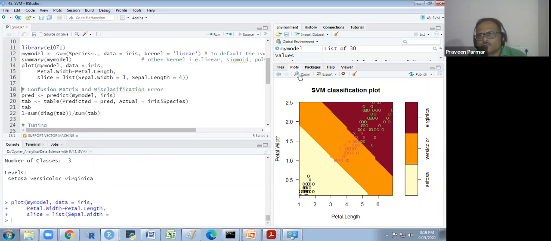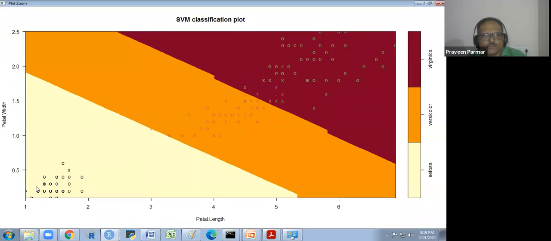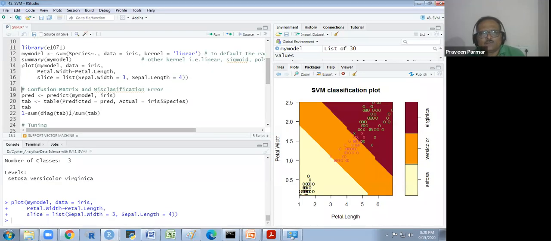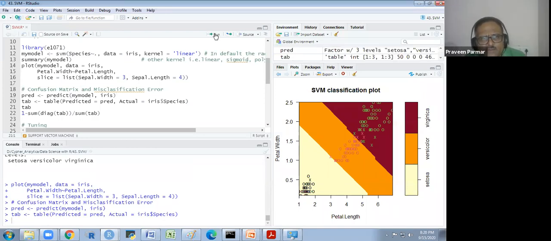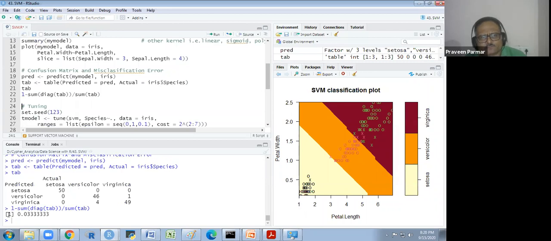Look at this. This is the different plot. So there are only 2 support vectors. Then there is 15, and this way we get... And we see the confusion matrix of this. We predict and make a confusion matrix now.